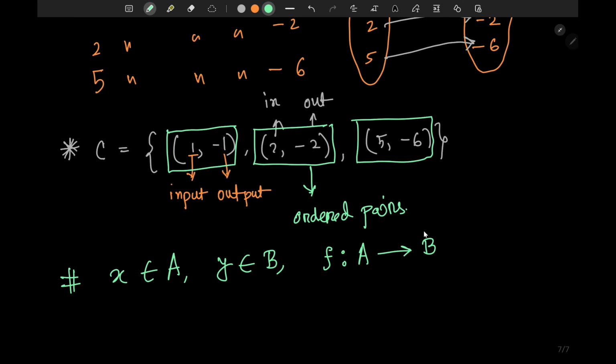So as I was saying, let's say there is a set which has the element x. We are calling some element x as a general thing. It can be any number, it can be anything else. So if x belongs to A and y belongs to B, where A and B are both sets, and you can define a specific map f such that it takes something from A and maps it to B, then